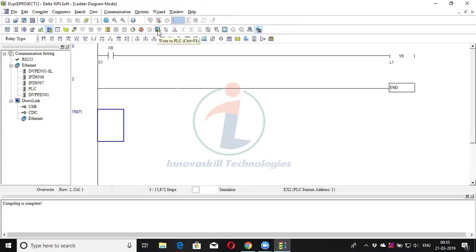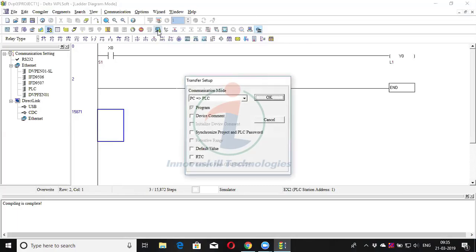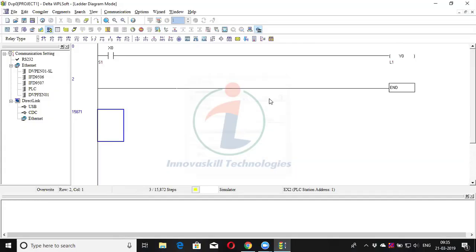Select Write to PLC. So select write to PLC and it is asking which mode of communication you need, PC to PLC or PLC to PC, like that. So I am selecting PC to PLC here and I am directly giving OK. So if you give OK, the program is downloaded. Next, what we have to do is you have to enable this online mode.